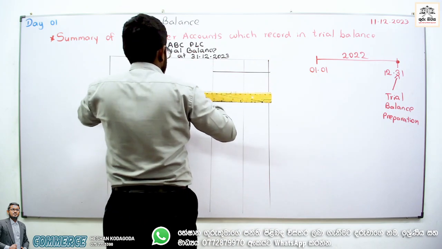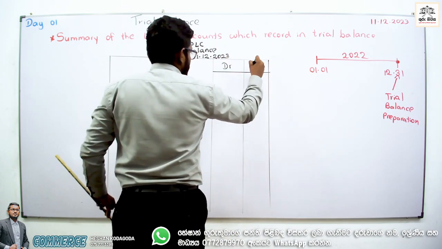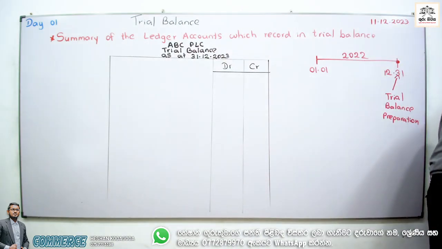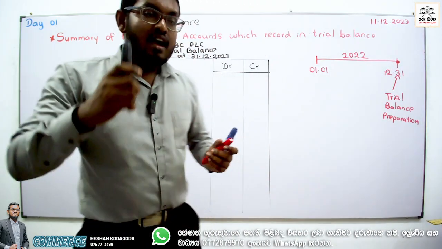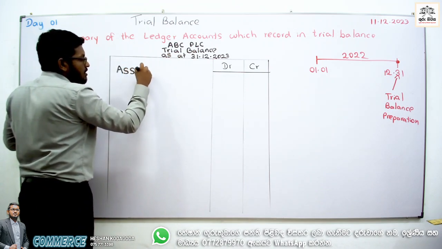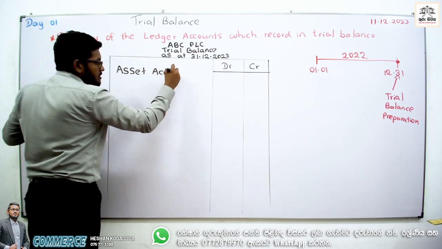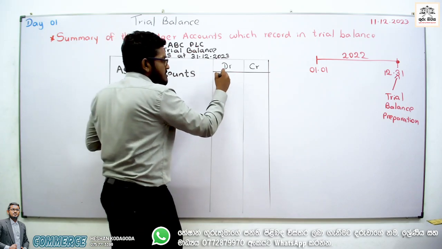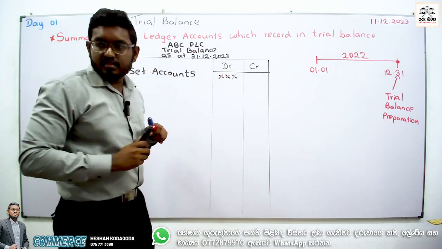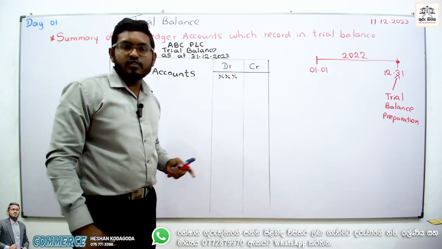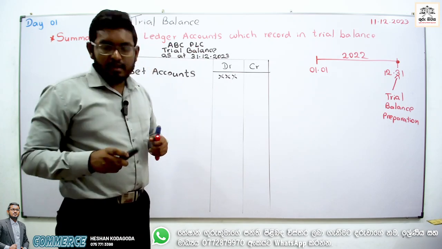Now, other than that, what I want to tell you, this is a debit entry. So I'm not going to use the full format. I'll tell you the full format later. So just remember this one. Okay. Nice. Always asset accounts. This is the summary. So I'm not going to write in detail. Asset accounts balance brought forward in which side? Debit side. So we can identify the debit side of the trial balance.